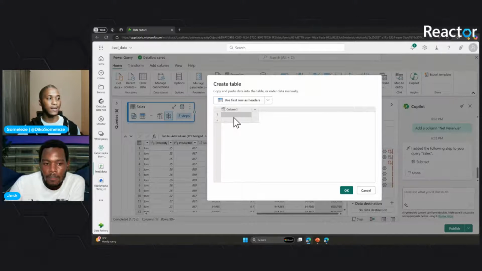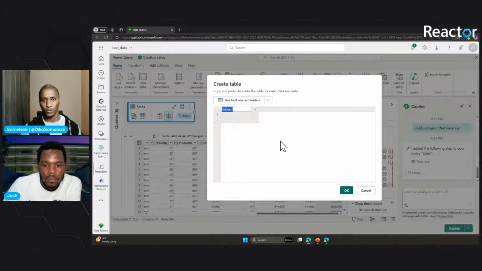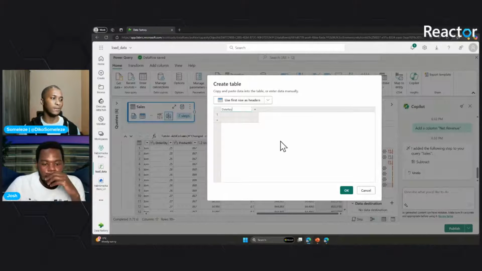We're going to add data manually in this case, because of our data estate with Josh, we're trying to see how we can visualize the sales data based off of dates, fiscal years, and quarters within that specific fiscal year. In this case, we may need a new query that has values for dates and also has values for fiscal year and the quarters in that fiscal year. So in my new table that I'm creating, I'm going to say the column is date key,